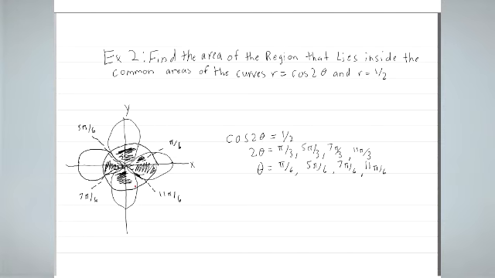Okay, now that I have these, next what I must do is find out how I can do it the easiest way. And the easiest way to do this would be to use symmetry. Because we have 4 of these big curves right here, we can do an equation that says 4 times, we draw the little pizza slice, which is what it kind of looks like,